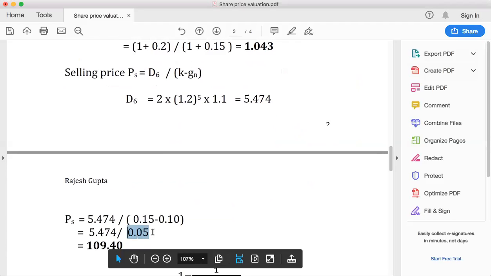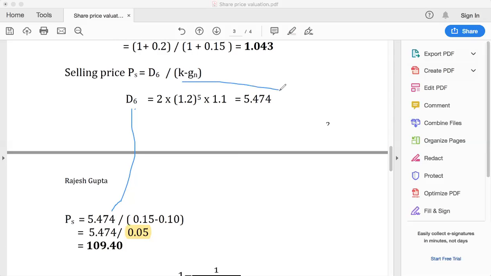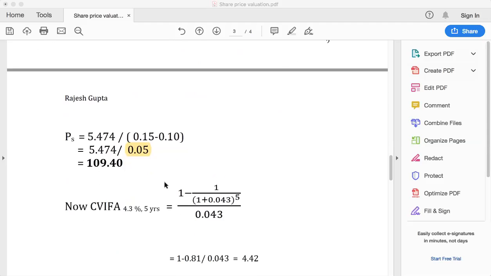It is 0.05 here, as you can see, and what you get is 5.74, which is the D6 divided by K minus G. This is the K minus G part here, and you get 109.4 as the present value of the capital gain, the selling price,